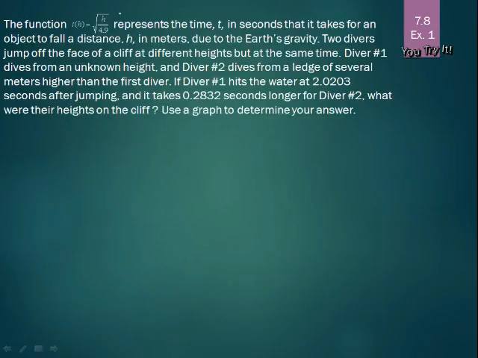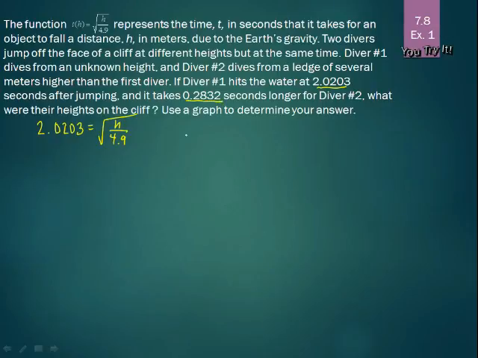Okay, so in our function here, remember that t of h is going to give us the time that it takes for the object to fall a distance, and the distance is h. And so if it gives us the time, then those are things that we could substitute in for t of h. For diver number 1, we could substitute in 2 and 203/10,000 into our equation. And then for diver number 2, it takes an additional